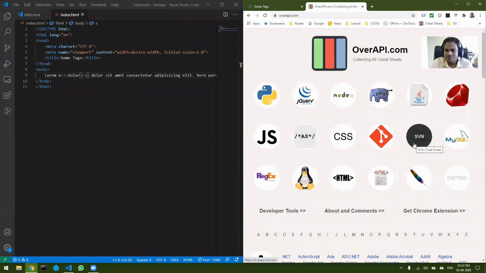I used to keep PDF files before, whenever I got stuck, but nowadays I just use overapi.com. Previously I used to print out all the cheat sheets and keep them on my table, so that whenever I got stuck I could refer to them. But as you progress, you tend to remember many of the tags, so you don't have to worry about using this.